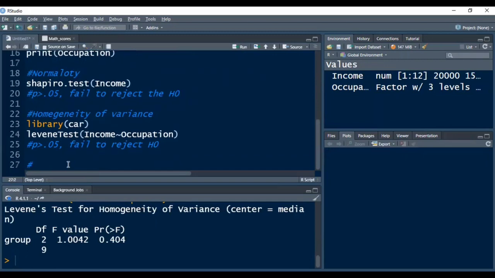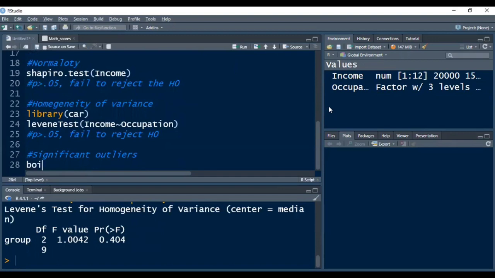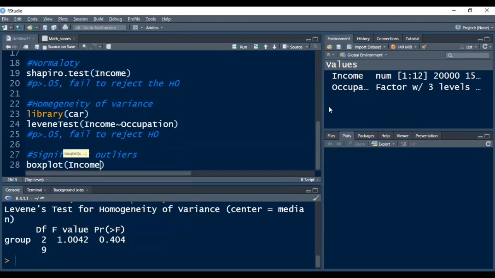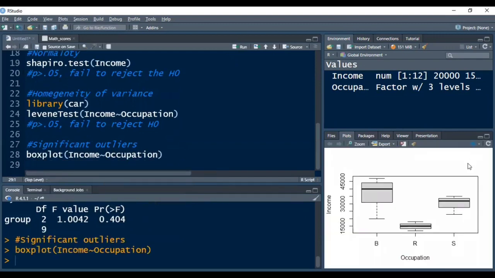So now lastly we will see whether the significant outliers are there in my variable or not. So I can use boxplot function, and inside this I can pass the name of my dependent variable. After tilde sign, you can keep the name of your independent variable. You can press Control Enter.